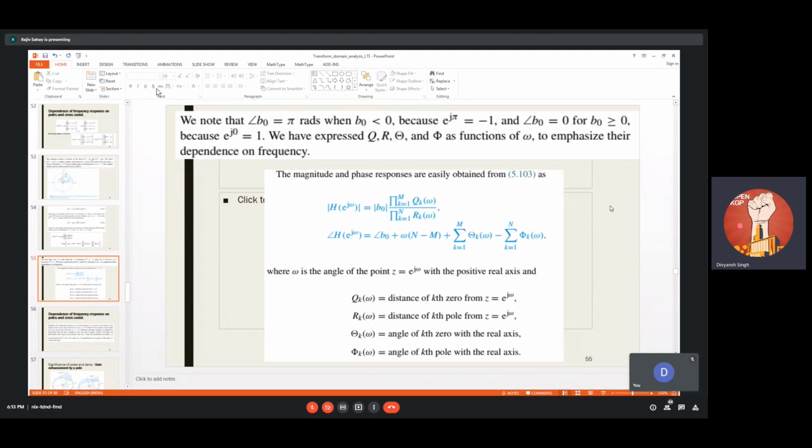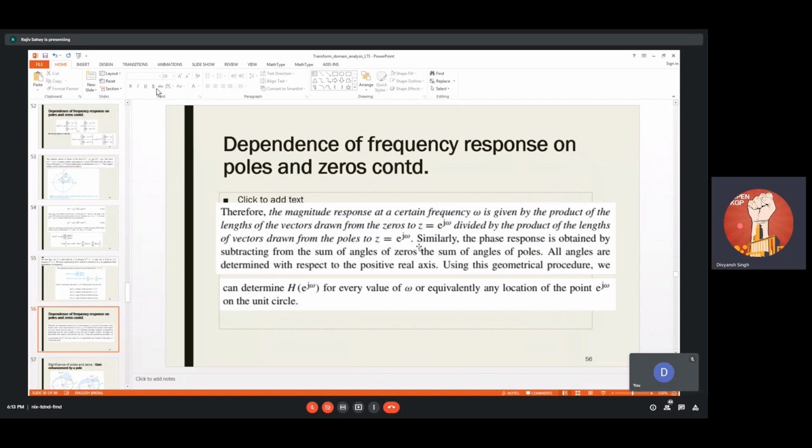And last class I had shown you this diagram. Sorry, this is the summary. So if you want, you can just go through it before I show you the diagram. In the last class, we've seen the diagram where we wanted to analyze the significance of introducing a pole inside the unit circle. What does it do to the magnitude response, mod of H(e^jω), and what will it do to the phase angle of H(e^jω)?